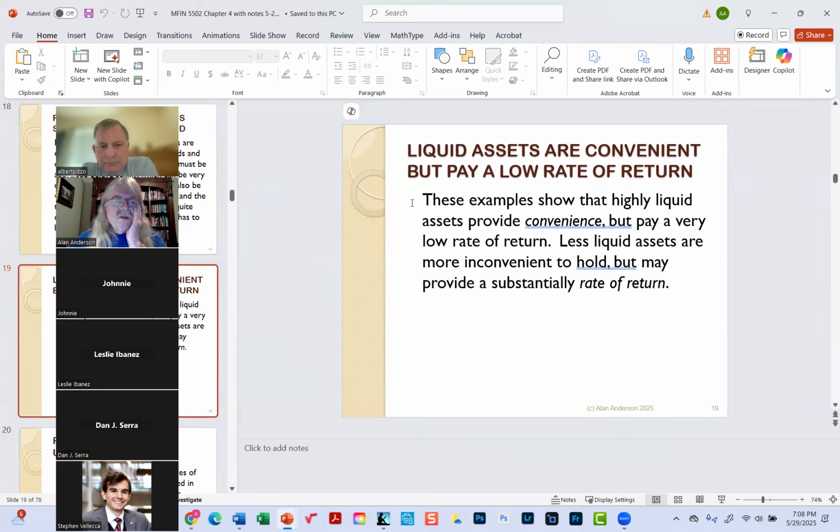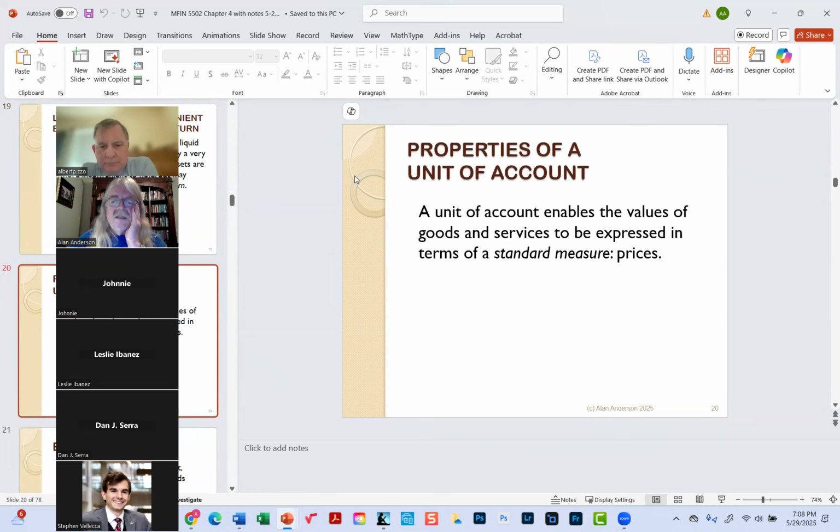We know that liquid assets are very convenient to pay your bills, but they usually provide a very low rate of return, if anything. Now, the unit of account gives us the ability to have prices. Now, you can probably imagine that before money was invented,